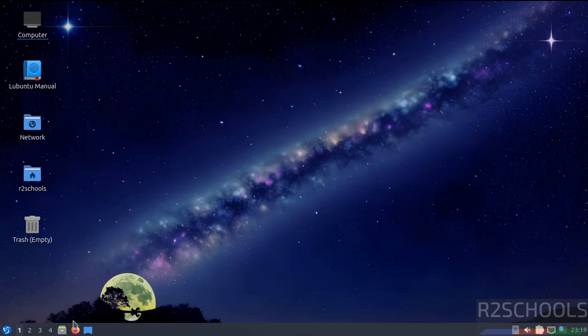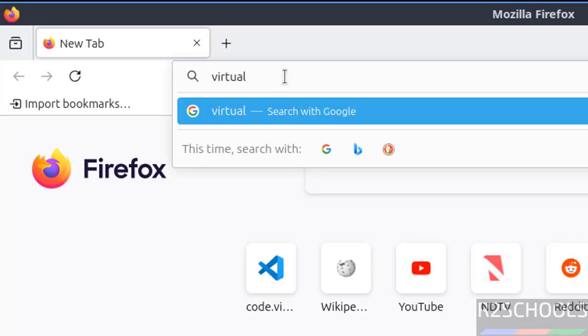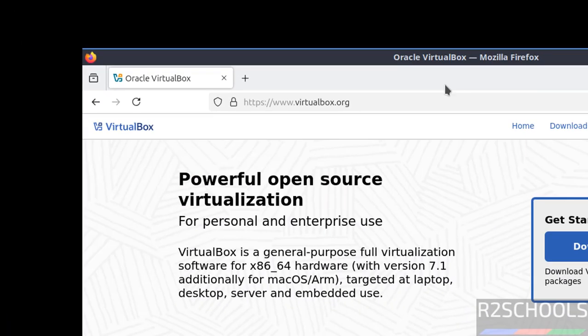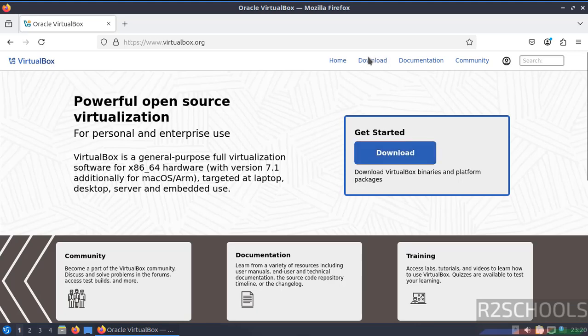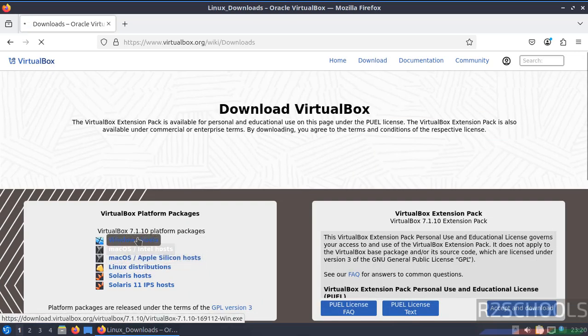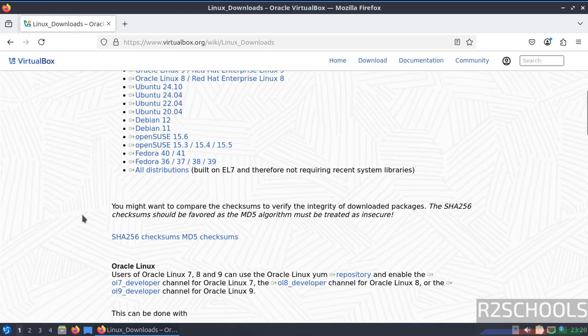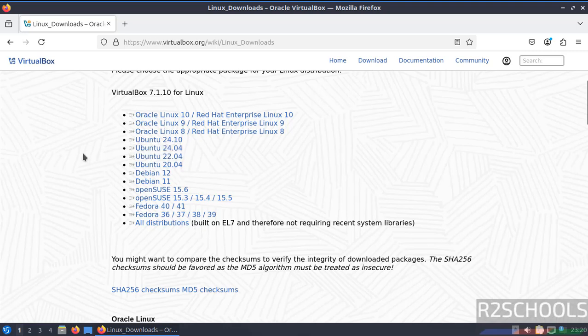So open the default browser that comes with Lubuntu, that is Firefox. Then go to the VirtualBox official website, that is virtualbox.org. Then click on download, either is fine. Then select Linux distributions. See here the version 7.1.10. Scroll down. See here we don't have Lubuntu, but for Lubuntu 24.04 we can select the